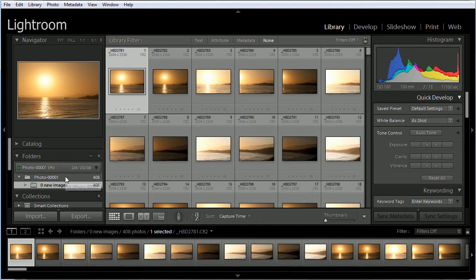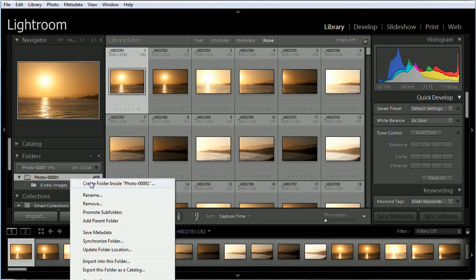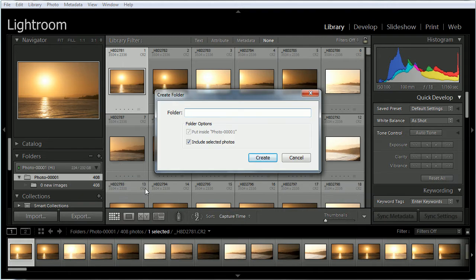Now for you, you may decide to organize them according to the names of your clients, and then of course subfolders that represent the dates that you shot or created work for the client. For me, I'm working more as an artist, so I'm going to go to my photo 1, the root of the drive, right click, create a new folder, and I think I'm going to start with sunset, and I'm going